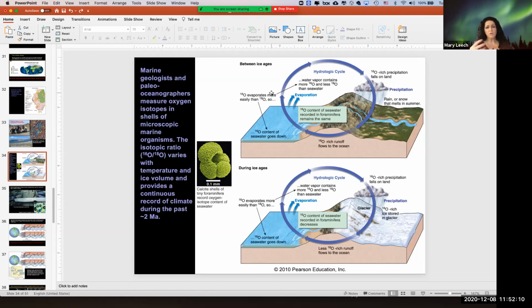When we have a glacial period, there are two isotopes, oxygen 16 and oxygen 18. Oxygen 18 is slightly heavier than oxygen 16. That means that when you get evaporation off of the ocean, it preferentially takes the oxygen 16 and puts it into the ice that's on land. So the O16 comes out and then precipitates as snow or rain on the landscape with the glaciers or snowpack, and that leaves the oxygen 18 behind in the ocean water.